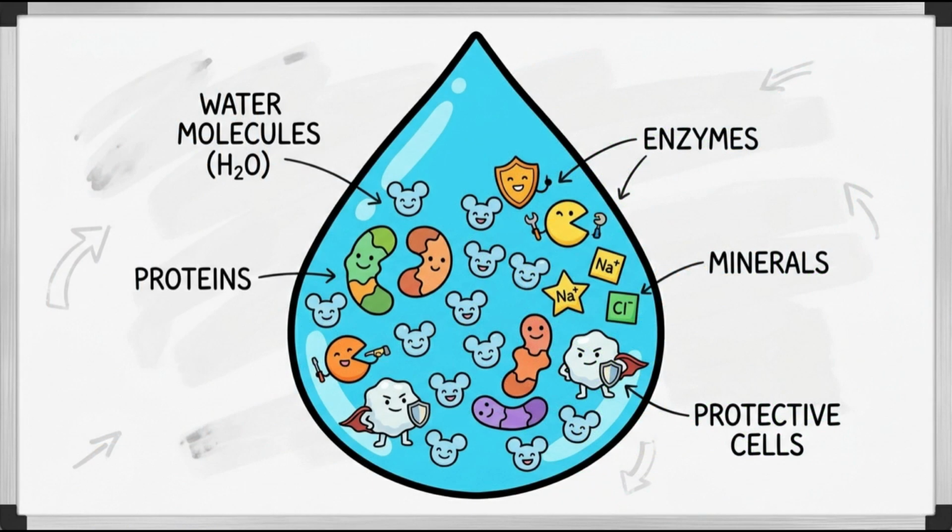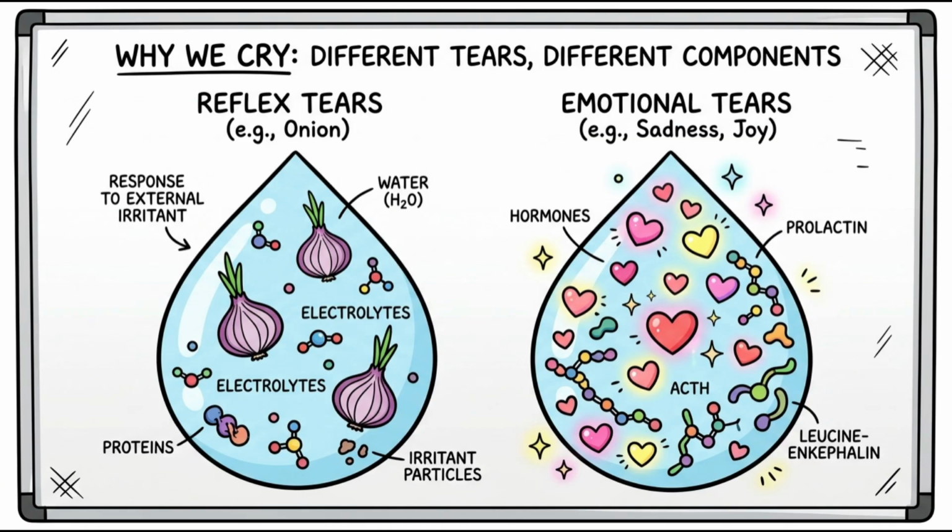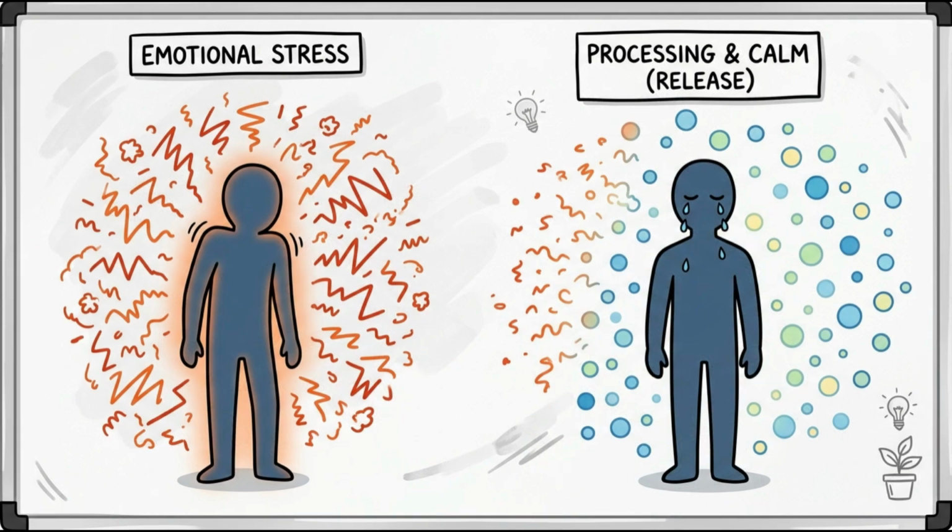Reveal that tears are made of many different microscopic components working together to protect the eye. Visually compare reflex tears and emotional tears, emphasizing that they are triggered by different situations. Illustrate that emotional crying often occurs during periods of intense emotional stress and may accompany the body's natural response to